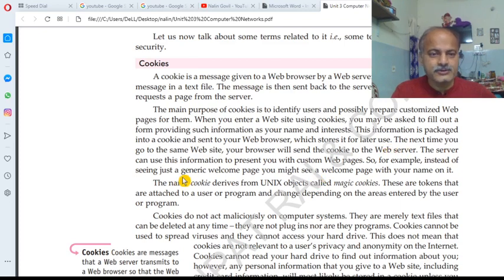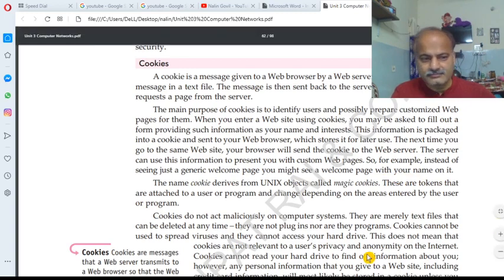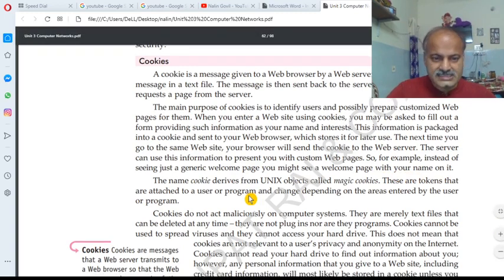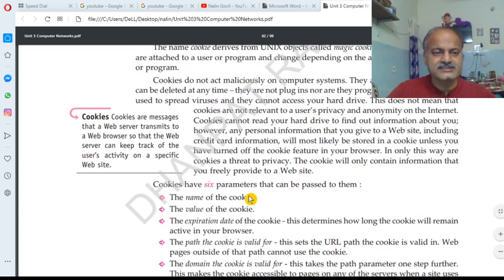The next time you go to the same website, your browser will send the cookie to the web server. The server can use this information to present you with custom web pages. So, for example, instead of seeing just a generic welcome page, you might see a welcome page with your name on it. So, this is the simple definition of cookies.